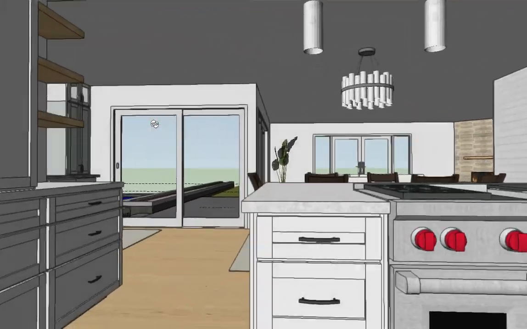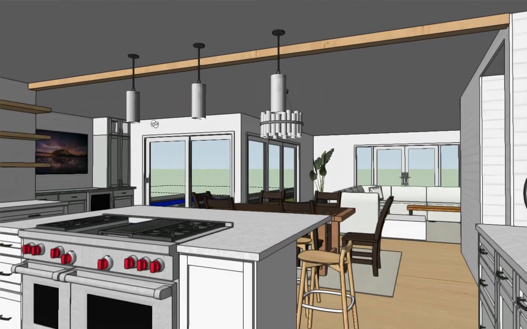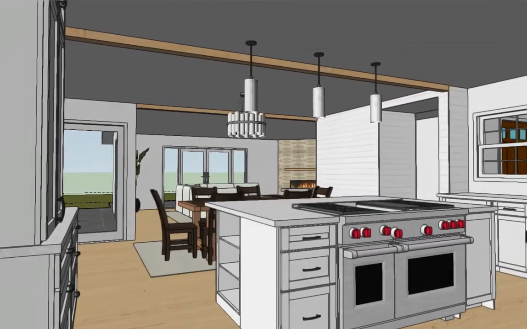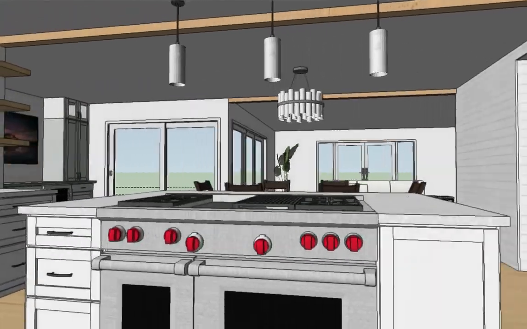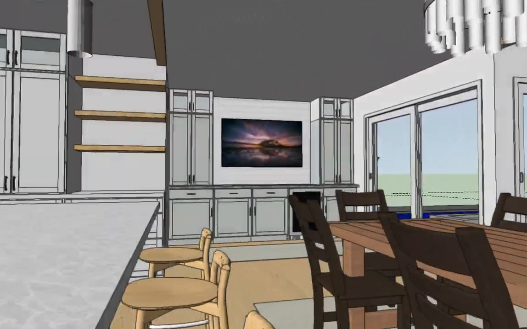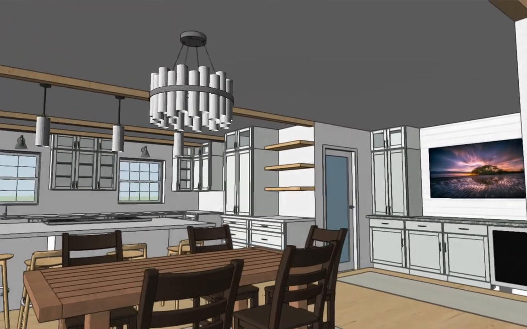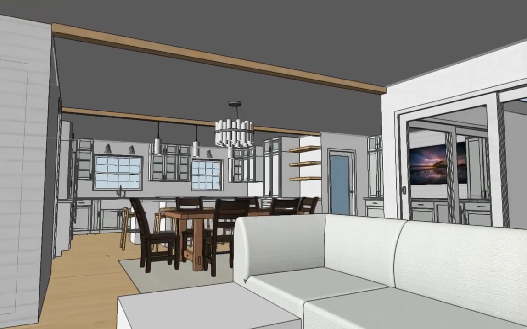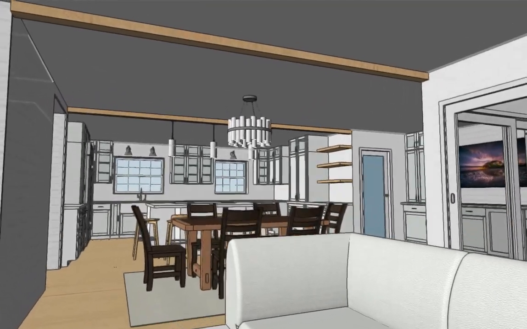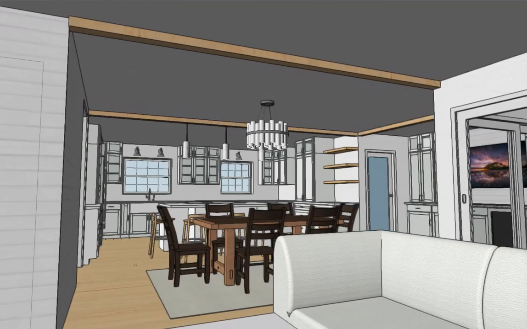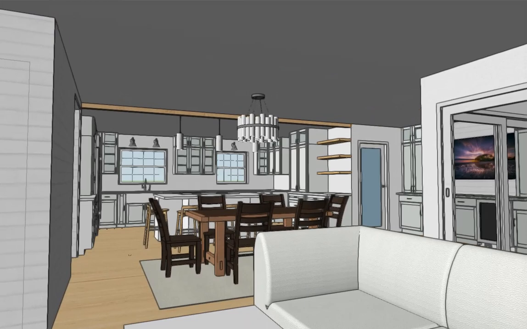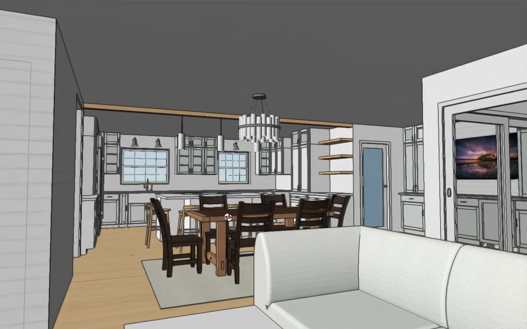It's kind of interesting. Okay, now I'm just playing with options here, so I don't like that one quite as much as the one beam over the kitchen. Yeah, I don't like that one quite as much. All right, I don't love that either. So I think the one beam over the kitchen. So I think that's the